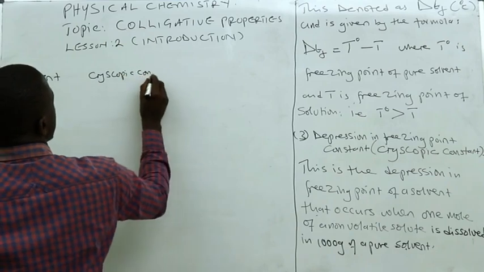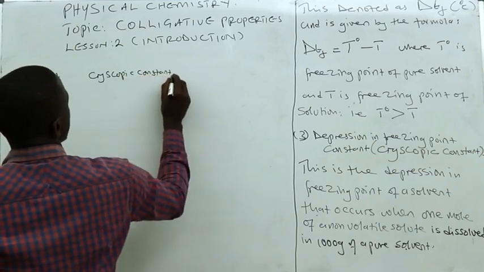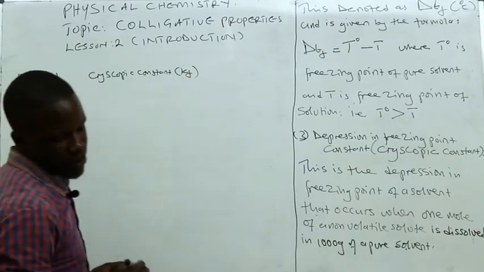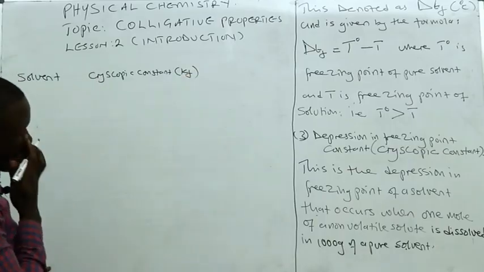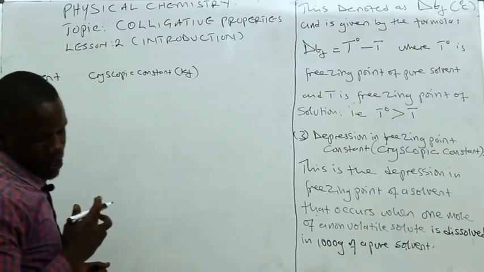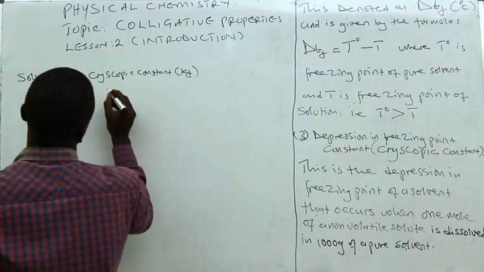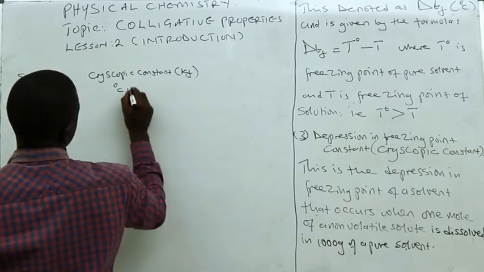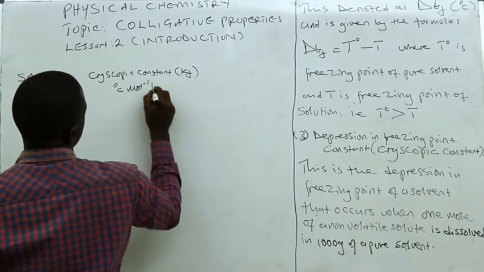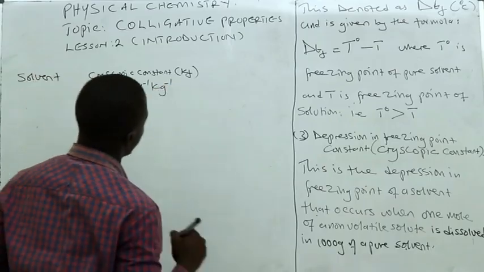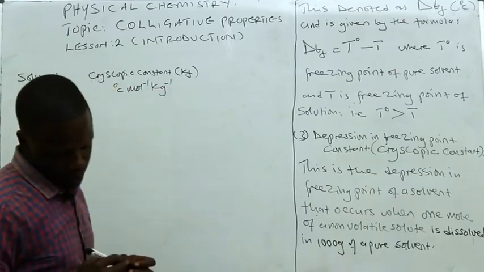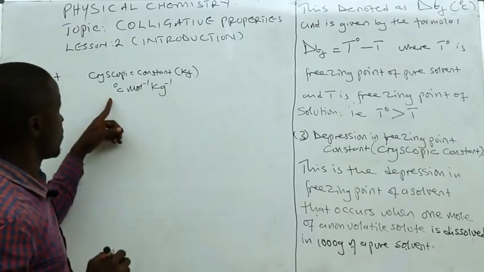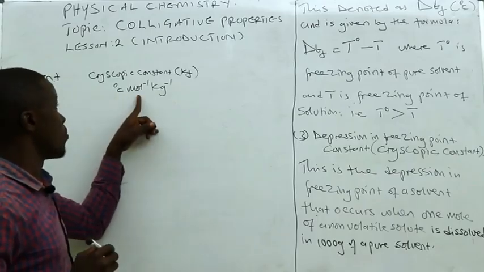Cryoscopic constant, denoted as Kf. It is measured in degrees Celsius per mole per kilogram, because we said it is the depression in freezing point for 1 mole